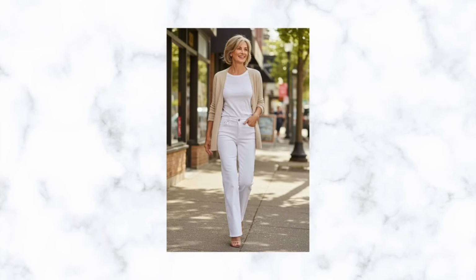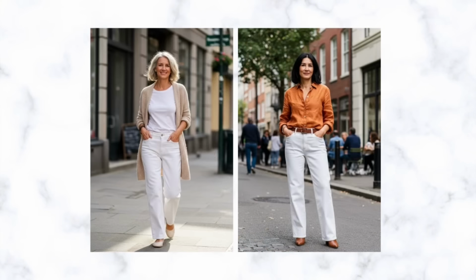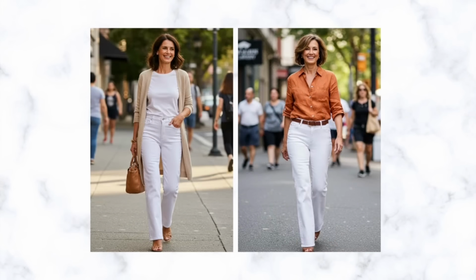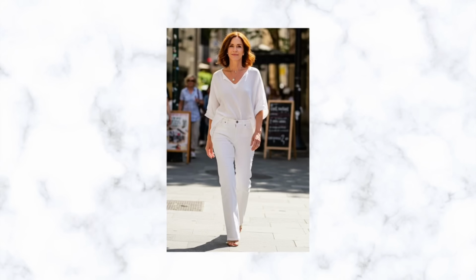Instead, try a soft beige cardigan with a white tee and your white jeans, or a rust-colored linen blouse tucked in with a belt. These colors complement our skin tones as they mature, and they create that elegant, cohesive flow that looks intentional without trying too hard. I've also found that these tones tend to photograph really well, which is something I care about when I'm putting outfits together. If you've ever felt like white jeans made you look washed out, I promise, try pairing them with